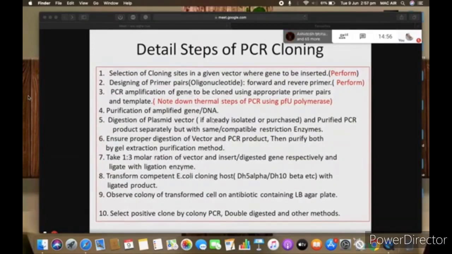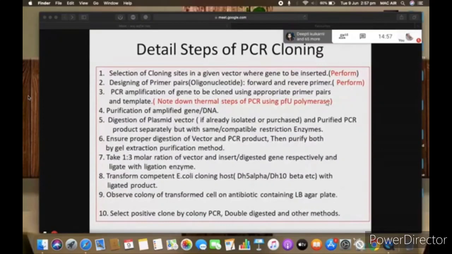Digestion of the plasmid vector means you purchase it and then digest, or you can isolate it from bacteria and then digest. After digestion, you purify that digestion product, the plasmid, and you have already purified the amplified gene.